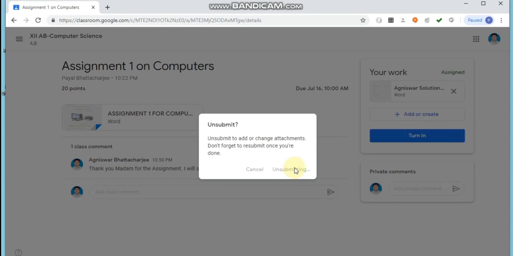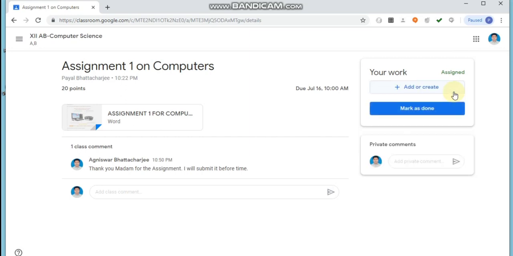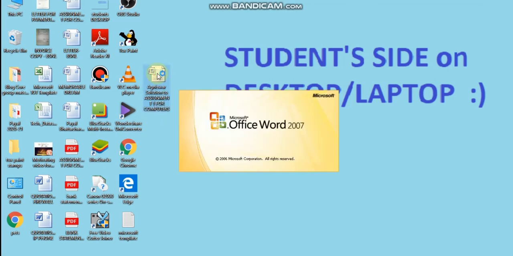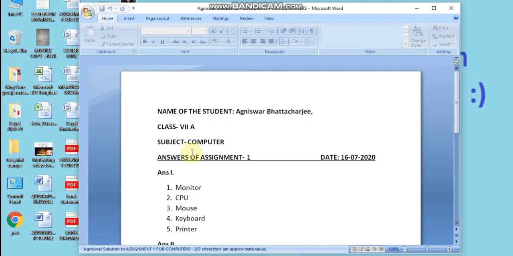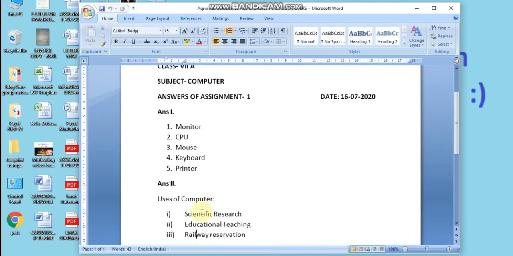So after unsubmitting, you can change your work, you can remove that, you can rectify your file, you can rectify your answers, whatever the answer is that you want to rectify.